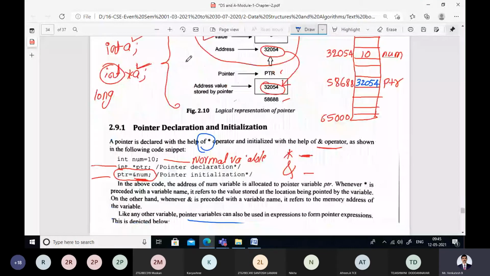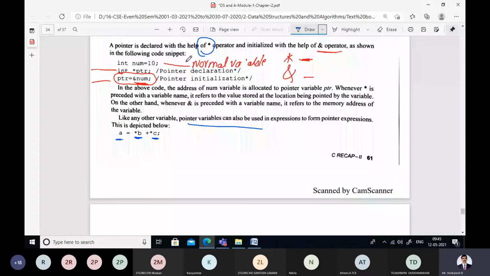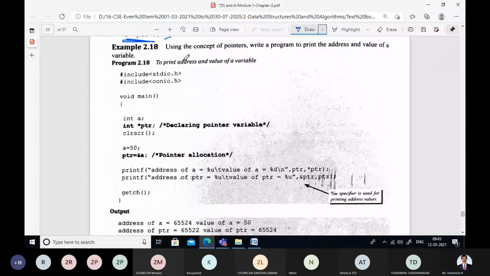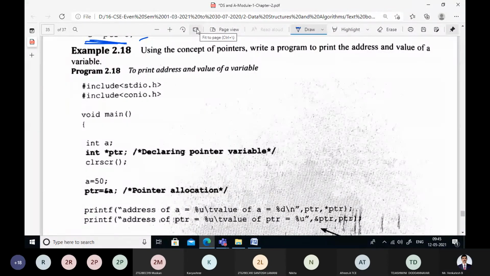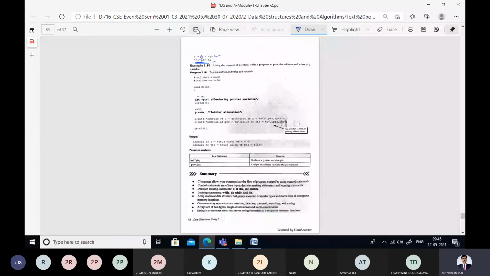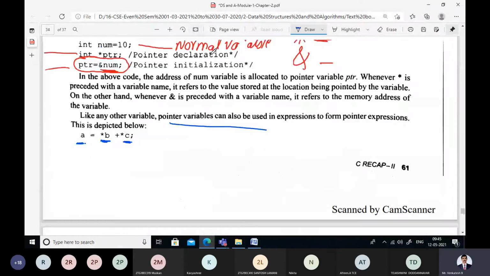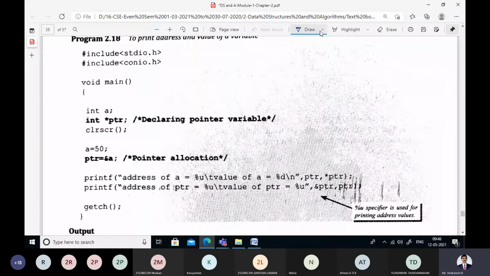I'll try to draw that memory diagram once again here. Before I go for this program, I'll take the help of a diagram to explain it so that you can understand better.